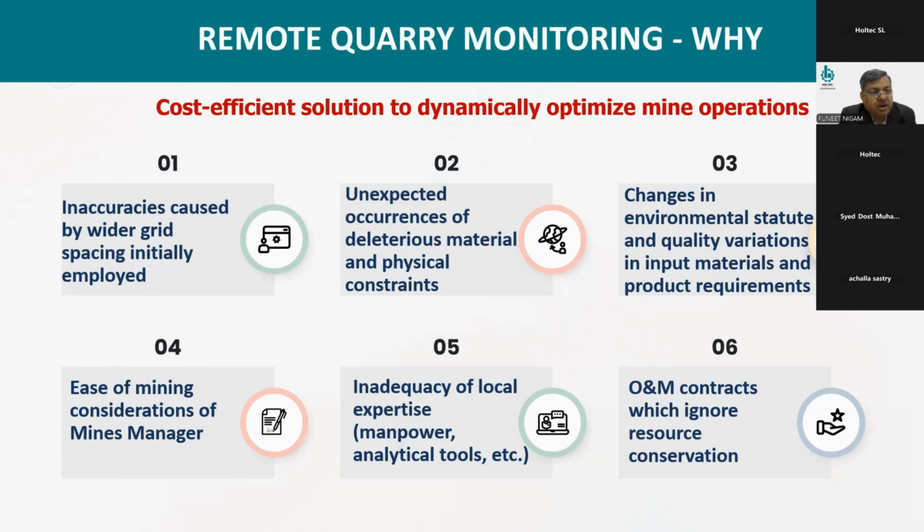So we have much more inaccuracy, an unexpected occurrence of detritus materials. Sometimes the material is going on, but we find some clay materials, some heterogeneous materials. So this is unexpected. In the geology, we find that. And then changes in the environmental status, and then quality variations in input materials, and change in the product